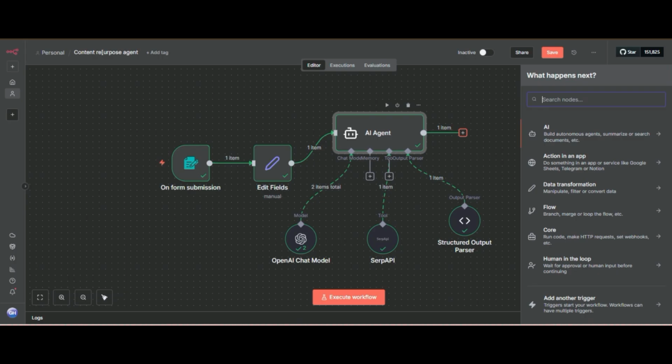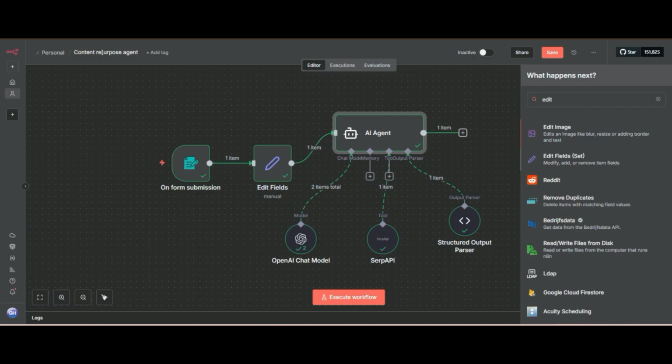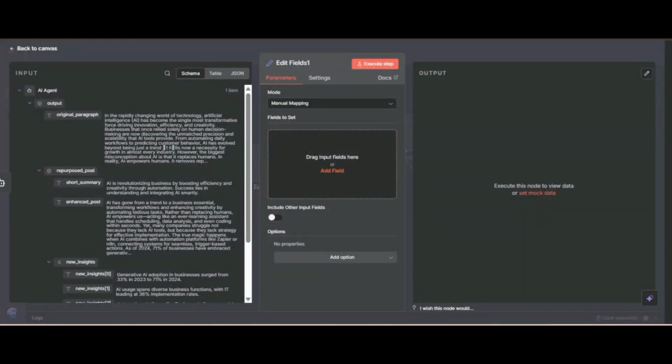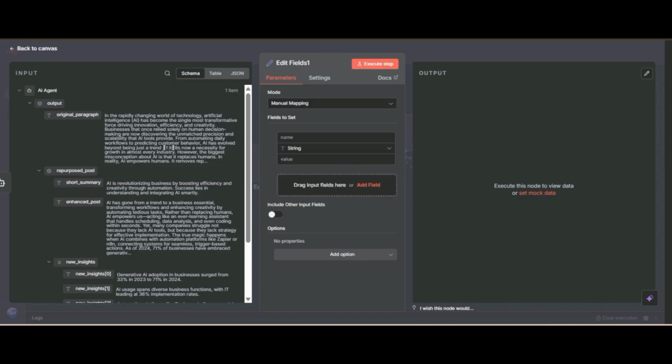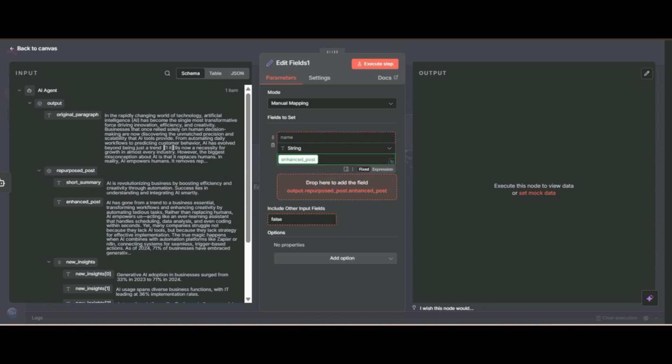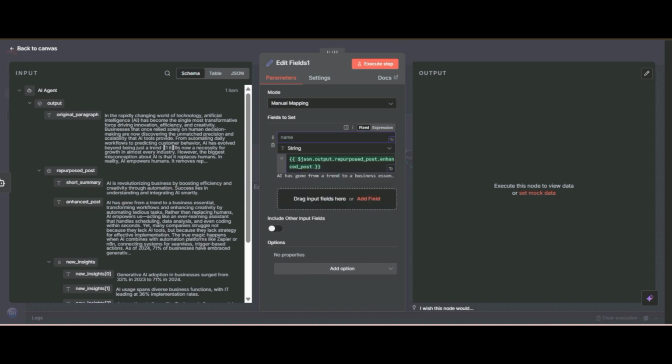So here we will use edit field because we want to remove unnecessary data and only pass one data. So here I will drag this, and also I will change the name enhanced post to new post. So now what will happen?